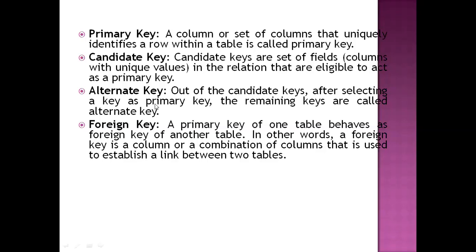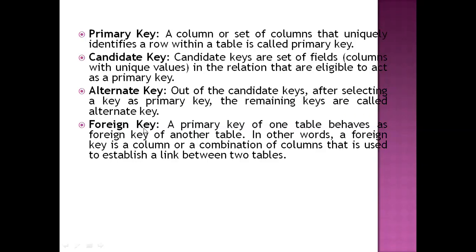So here, which is not a primary key, the other keys are called alternate keys. Out of the candidate keys, after selecting the primary key, which is admission number in your record, the remaining keys are called alternate keys.